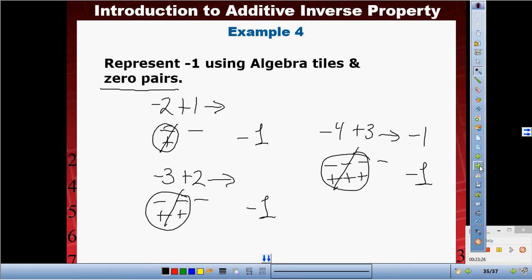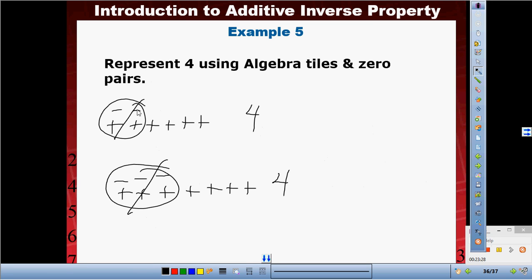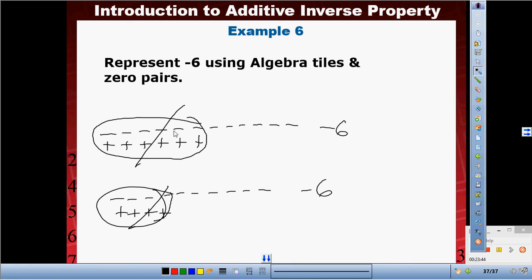Let me go to the next example. Look at this one. What is my negative number? Negative 2. What's my positive? 6. Does that represent 4? Yes. Negative 3 plus 7, and that represents 4. And the last one. What was this one? Negative 12 plus 6, and that is negative 6. And this one is negative 10 plus 4, that's negative 6. Isn't that cool? Pretty good, right? So, now that we have that idea by ourselves,